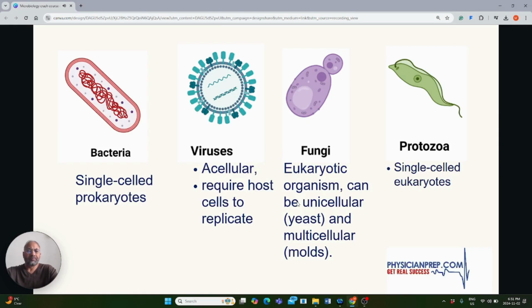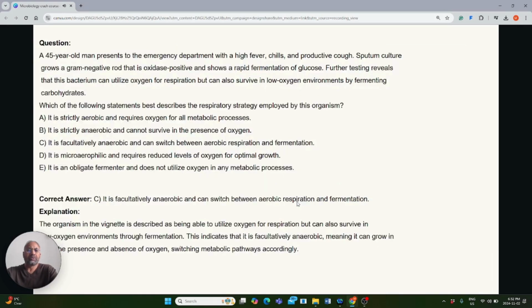So moving forward, these four organisms that we just learned about: the bacteria, which are single celled prokaryotes; viruses, which are acellular and require hosts; fungi, which are eukaryotic organisms; and protozoa, which are single celled parasites. Okay, so let us go ahead and tackle a question which you may be expecting in one of